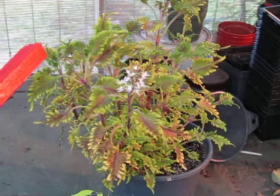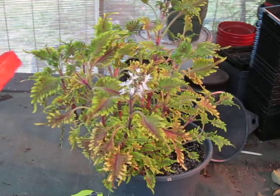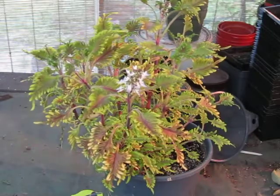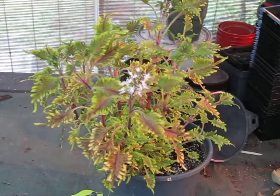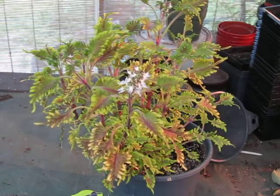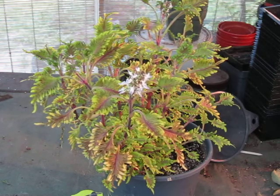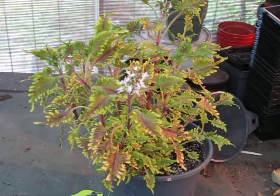If it's got a flower tip, that's not ideal. You'd want one that isn't actively flowering, like this one here. And you stick it in a glass of water and wait 2 to 3 weeks, and it'll grow roots on its own. Now, the seeds themselves, if you get them, and sometimes they have them through the burping line, you'll